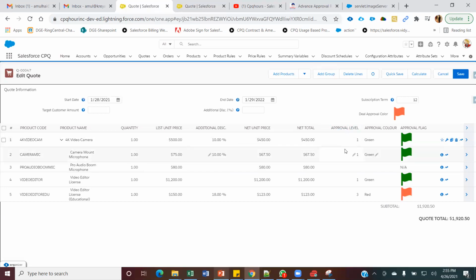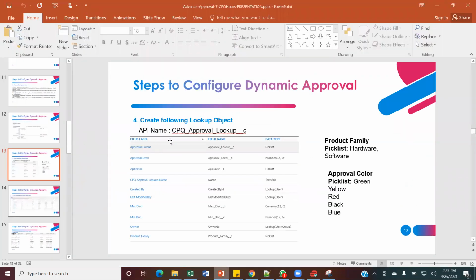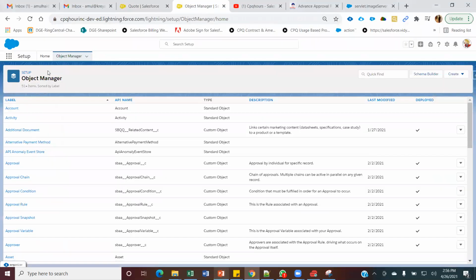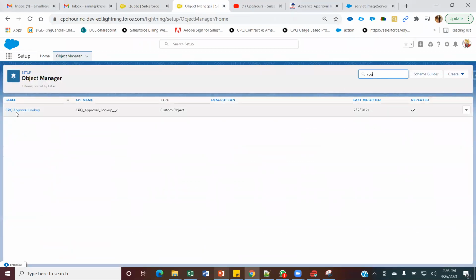Now moving to the next step. What I was talking about, this approval color and approval label is defaulting based on the discount tier that I am going to give, right? How are this approval label and approval color populating? What I am doing here is using a price rule engine. With the help of the price rule engine, I have defined some price rules which use your lookup object. So with the help of price rules and lookup object, this data is being populated. How? Let's see. My first step is to create an approval lookup as an object. Go back to the object manager. Go to the CPQ approval as a lookup object.